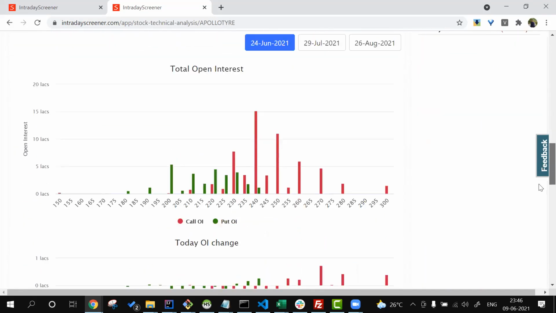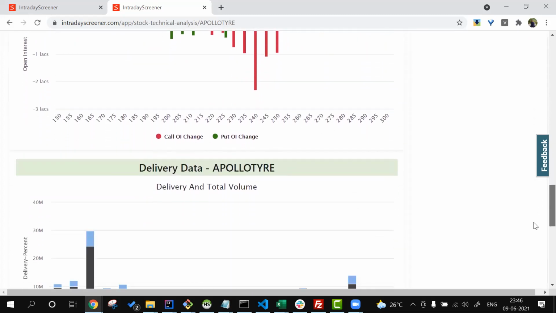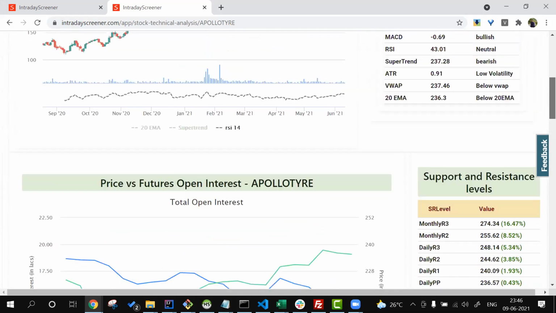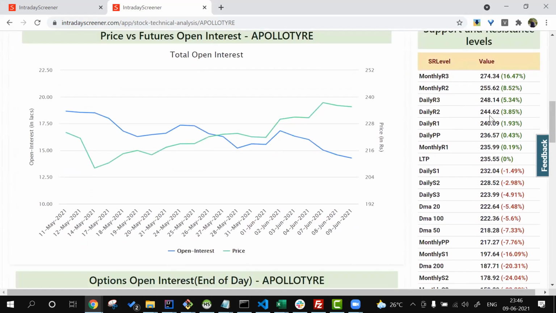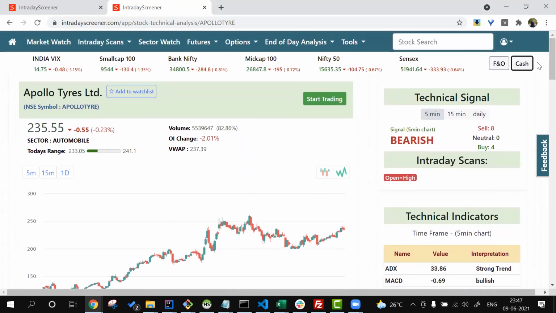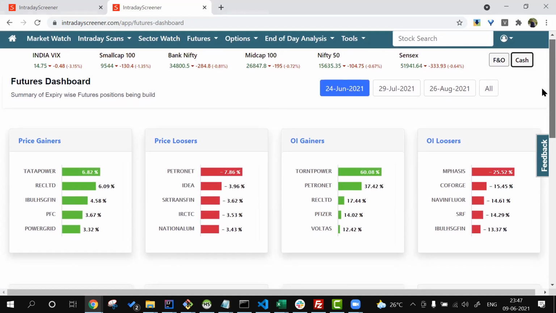You can see options, option chain, total open interest, OI change for the day. Kindly note this is end of the day data, and you can also see delivery data. You can also see support or resistance levels which are calculated using different standard support or resistance levels. The futures dashboard again gives you a view of expiry-wise all the futures options, and here you can see all